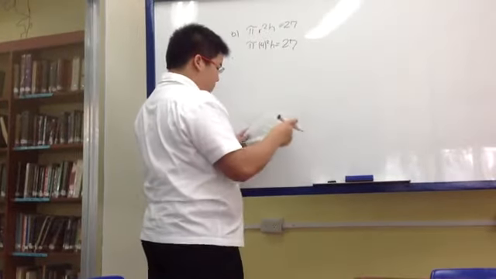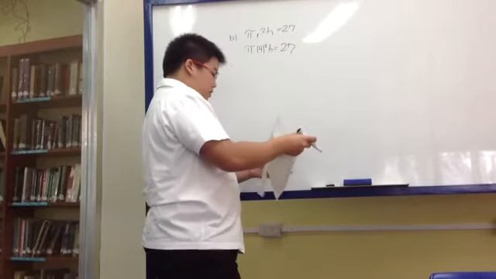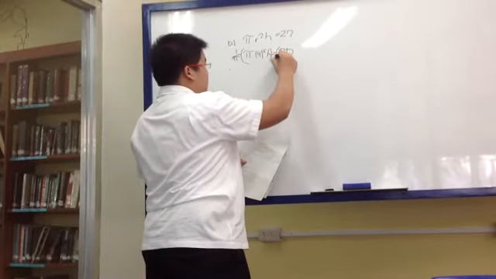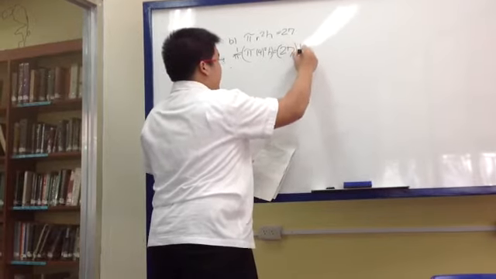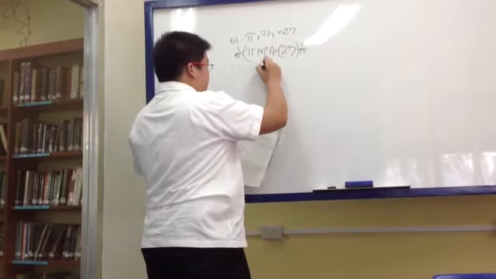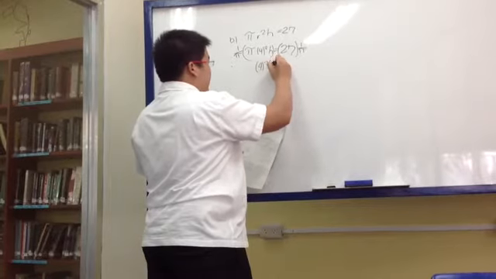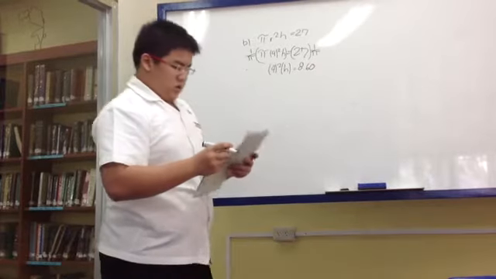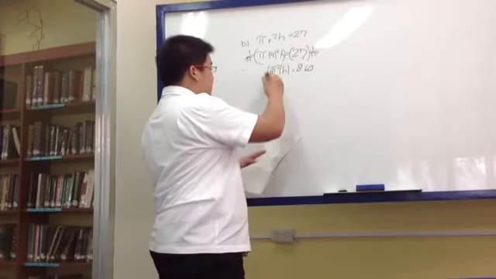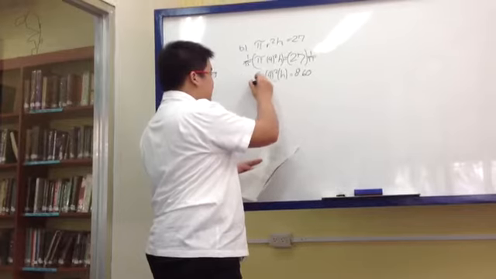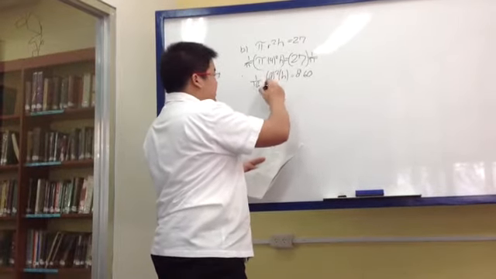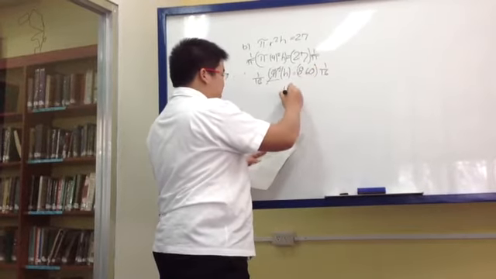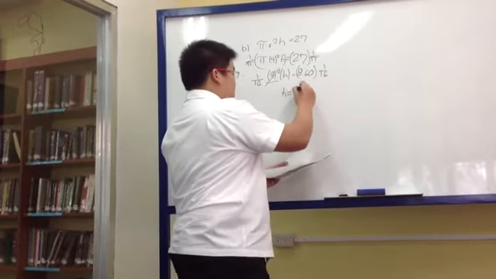We divide each side by pi, so 4 squared times height is equivalent to 8.60. The final step is dividing by 4 squared, which is 16. It's going to be height is equivalent to 0.54